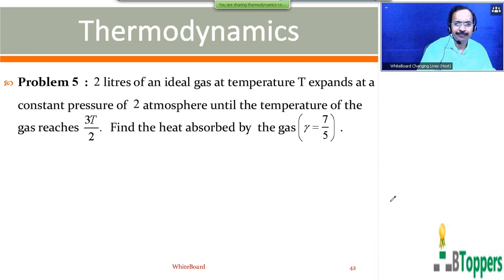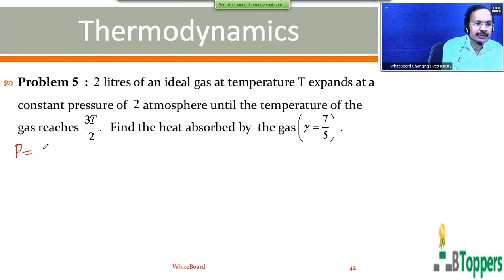Problem number 5. 2 liters of ideal gas at temperature T expanded at a constant pressure of 2 atmosphere until the temperature of the gas reaches 3T by 2. Find the heat absorbed by the gas. Gamma is given to be 7 by 5. So from the given information, you can calculate the work done by the gas first, because you are given the pressure of the gas as constant, which is equal to